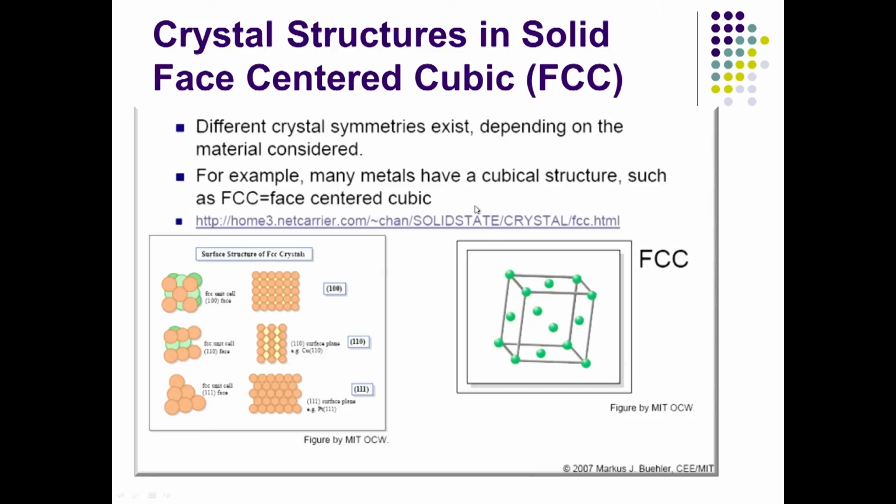Many metals like copper and aluminum are face centered cubic. If you look here, they also have surface structures of FCC. If you look at different surfaces, such as the 100 surface, the 110 surface or the 111 surface, they essentially show you how the particles will look. Think about a 3-dimensional crystal in front of you, which has all these atoms in it. If you cut a plane 1 0 0 or 1 1 1, which is this face: 1 0 0 is the top, the side face is 1 1 0, and if you take a diagonal, that becomes 1 1 1.